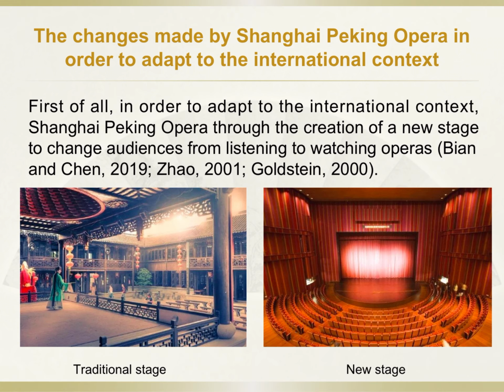First of all, in order to adapt to the international context, Shanghai Peking Opera, through the creation of a new stage, changed audiences from listening to watching operas. This may be because the typical Western theater model pays more attention to the performance of the operas. The traditional theater layout is mostly private rooms, which is convenient for the audiences to talk to others while listening to the operas. This may be because the operas at this time mostly existed as background music in social